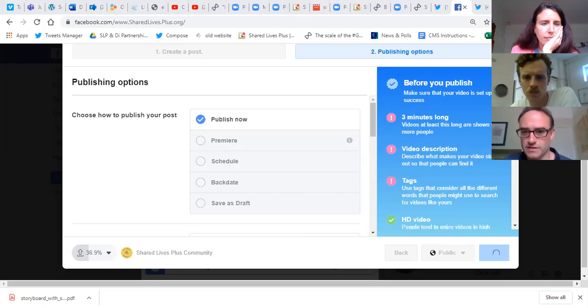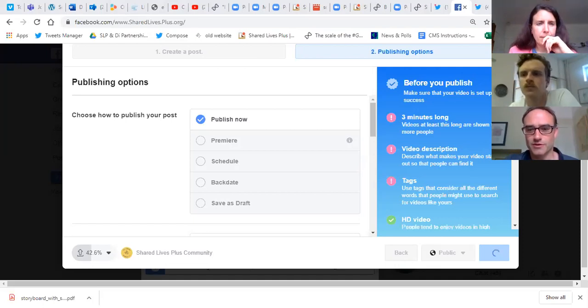Just seen Richard's comment, which might be an issue for other schemes as well that are local authority led. Potentially you have to adhere to a wider set of guidelines. But we're happy to try and support you with that if we can. We think it's important that Shared Lives schemes should have an element of autonomy to create really good footage, and that people see Shared Lives as a national thing and brand that we can all work together on. So we're happy to support you there, Richard.